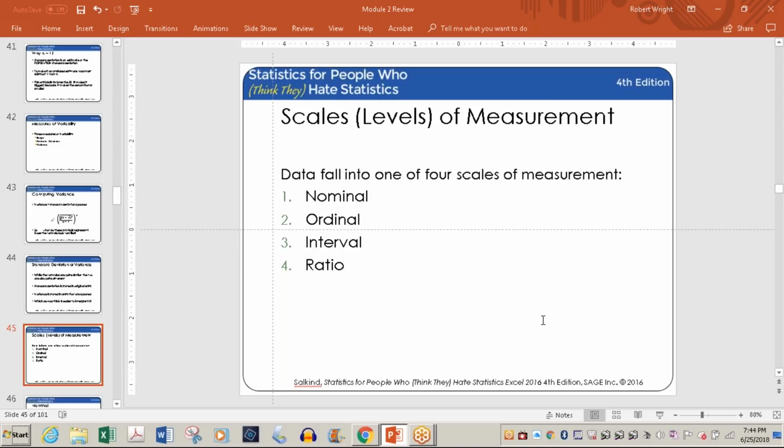You have 32 degrees, which is freezing. You have 212, and there are points in between. Now when you're dealing with interval, though, the 0 on the scale doesn't mean that there's an absence of the item. A temperature of 0 degrees doesn't mean there's no temperature outside. It just means it's kind of cold. That's just a point on the scale, and it relates to all the other points, and they're equidistant, but there's no absolute to it.